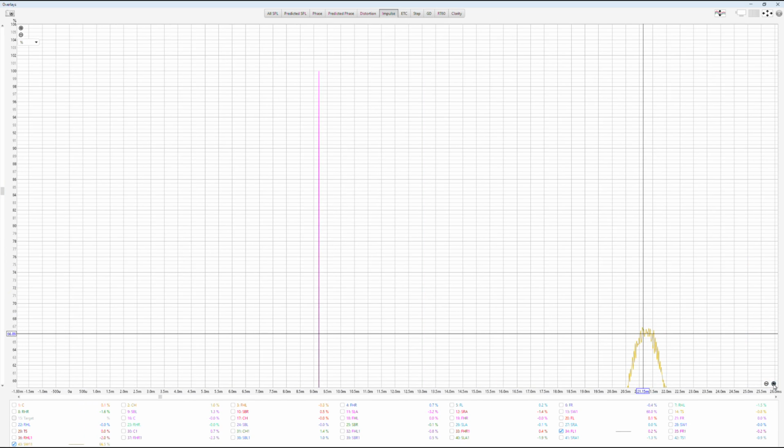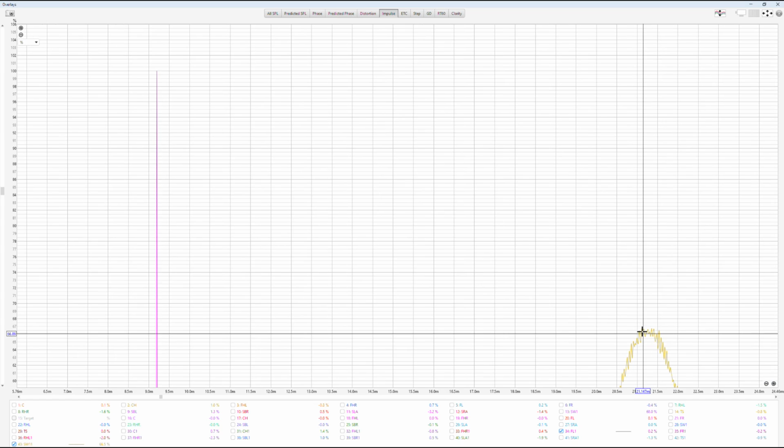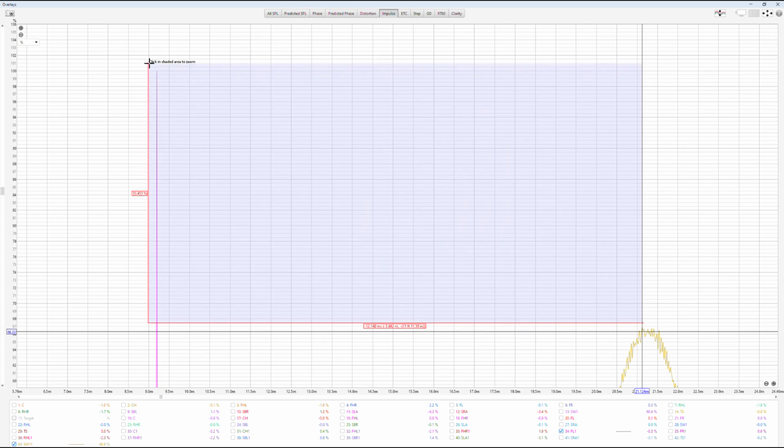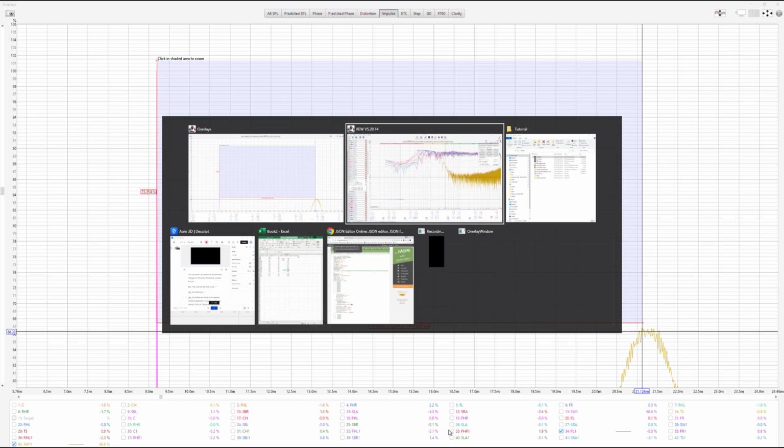So from this peak here, which is slightly higher than the rest, measure all the way to the peak of the front left, as accurately as you can, and 3.577. Go to your Excel.